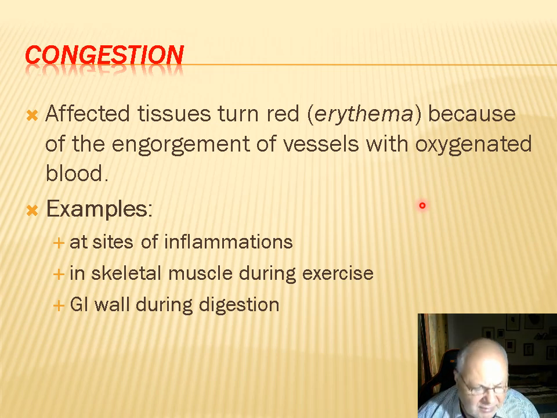So at the site of an inflammation we have much more blood, necessary not only to bring more oxygen, but also to bring other proteins like immune globulins, for example,